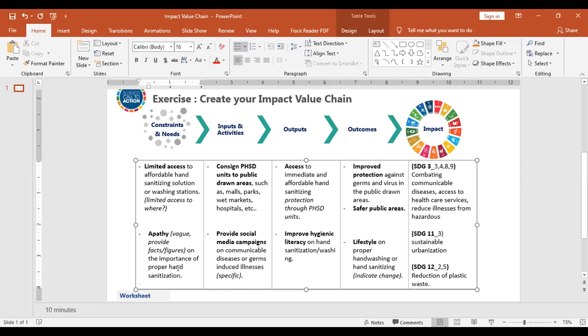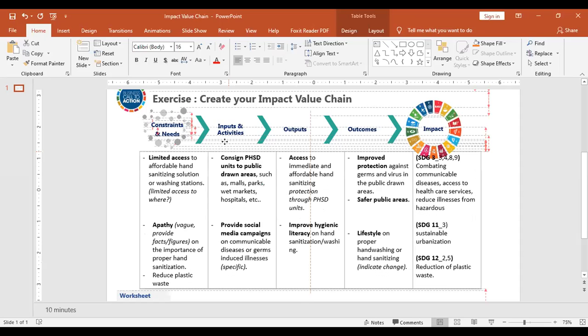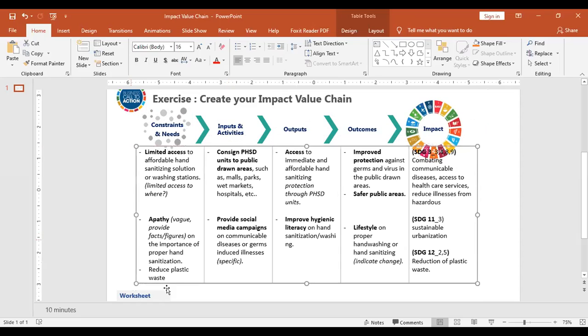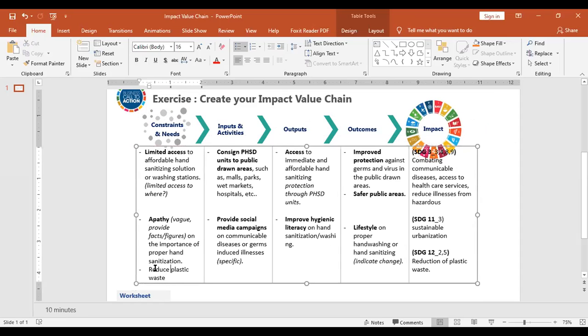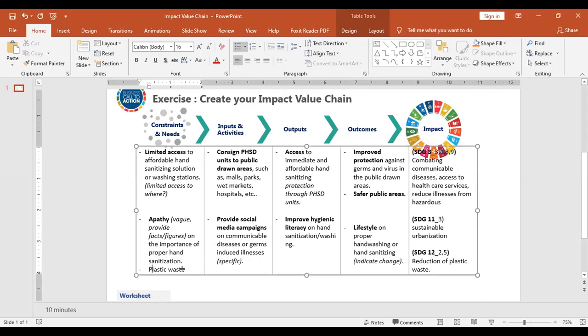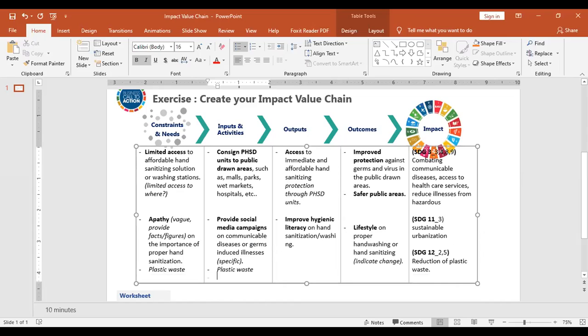Ganyan. So remember that even though nasa last part yung impact or the end goal, you must be able to reflect it with the constraints and needs and the activities and the goals that you have. Kasi hindi pwedeng hindi consistent yan. It can never happen na iba yung goal nyo and then iba rin yung journey nyo, okay?